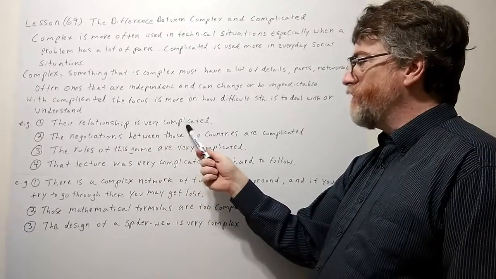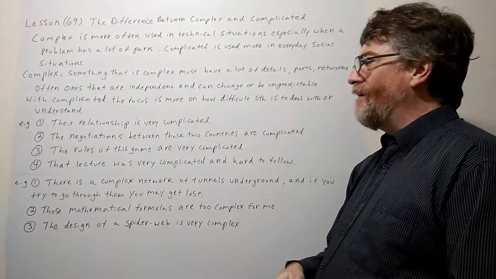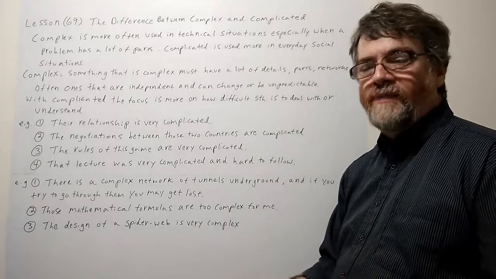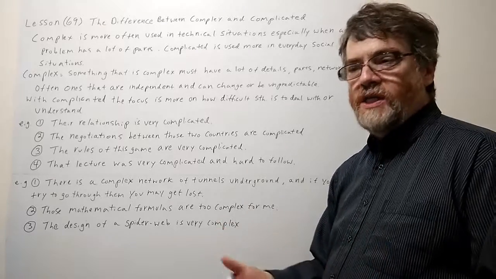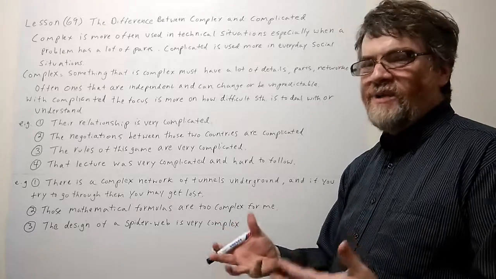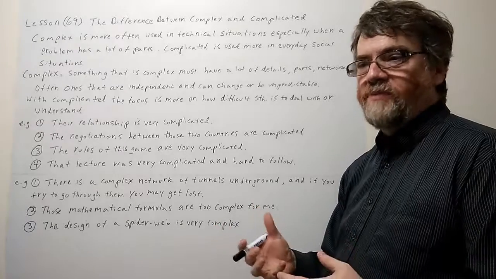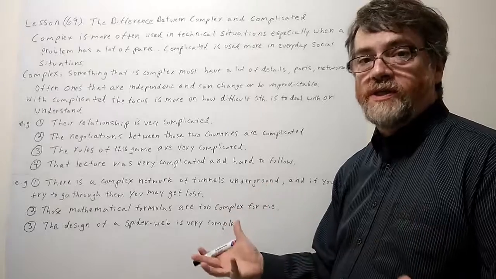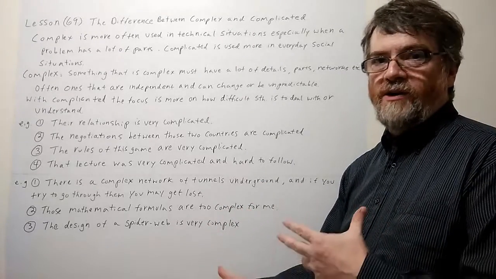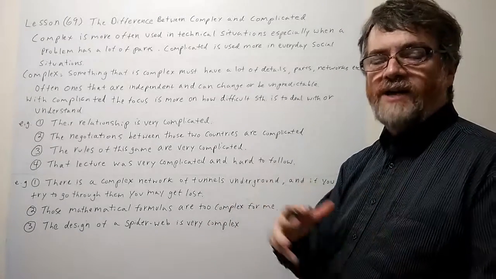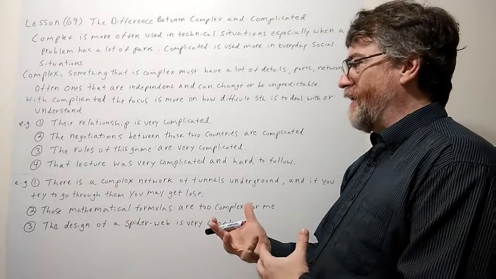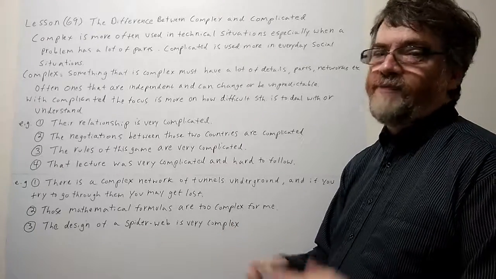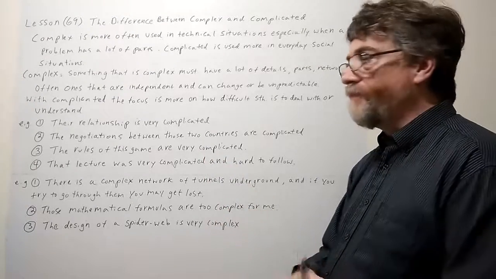Their relationship is very complicated. Yes, probably especially because something's difficult to deal with. We could look at a relationship and we see the problems, and we kind of probably understand these problems. But what makes it so hard, what makes it complicated, is we're dealing with people's emotions and people's feelings, and you don't know how somebody's going to react or respond, and that makes it more complicated. Is it complex? Is it technical? Not really. This would be more complicated.